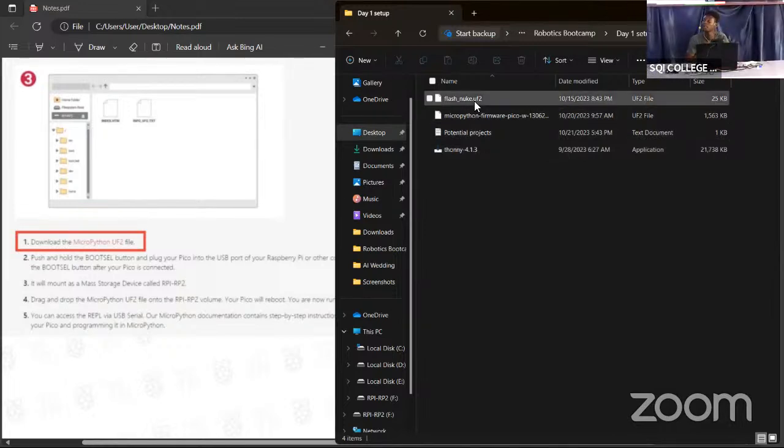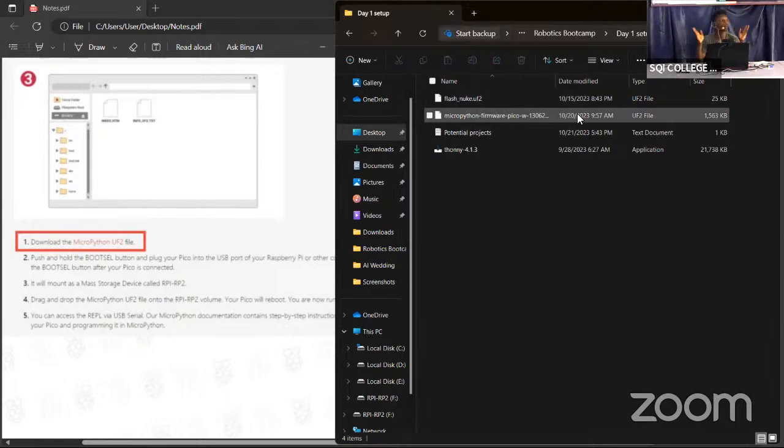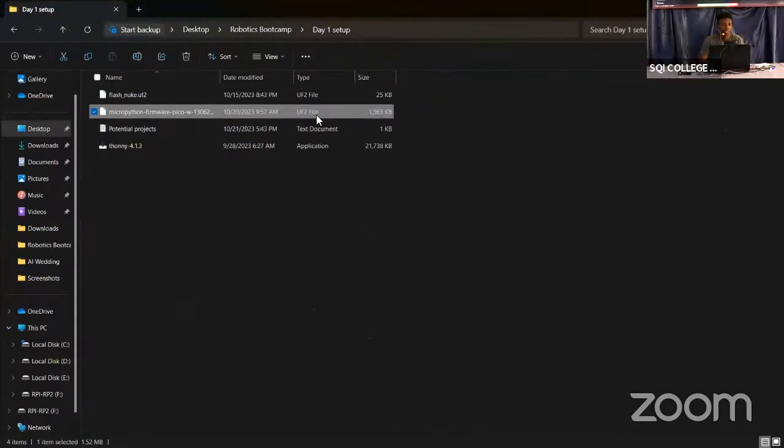Then in the zip file that we uploaded to the Google Drive yesterday, does anyone in the group have it? The Google Drive. You should see this file inside, MicroPython firmware. Can we see it? This file, MicroPython firmware. Does everyone have it? Every group. Now drag that